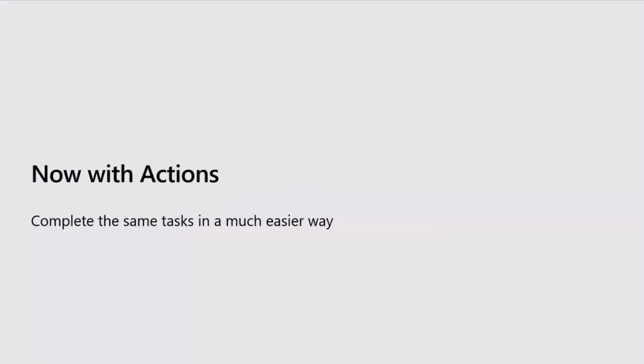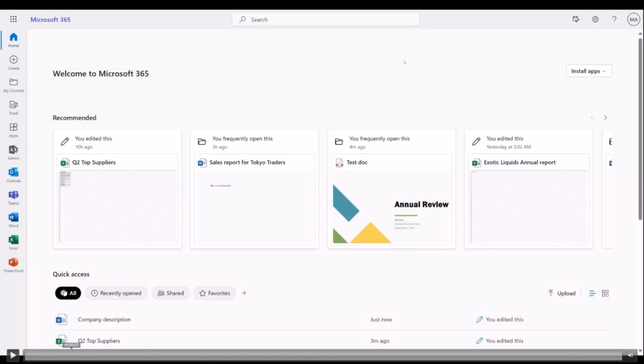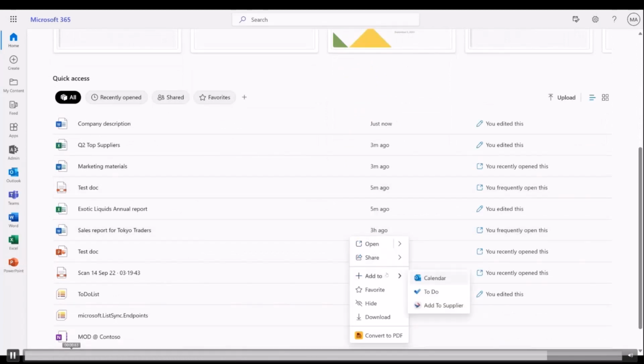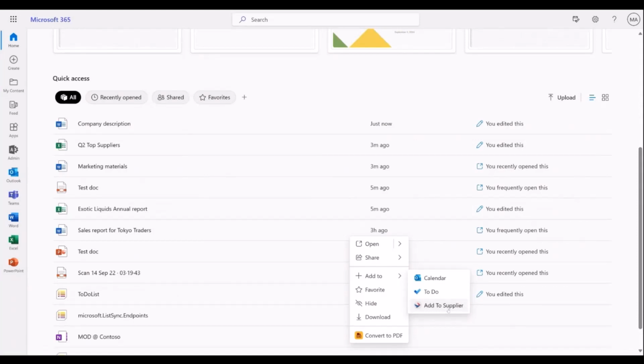So now let's see how the new feature Actions can help make this easier. Let's do the same task. I usually start my day in the Microsoft 365 app where I have easy access to all my files. And to import my file to my supplier management system, now I can directly right-click on this file I want to import. And I see Add to Supplier, which is an action built by Northwind. So clicking on that,